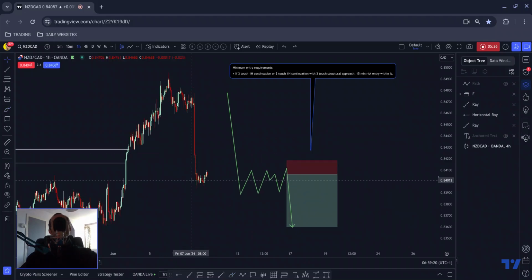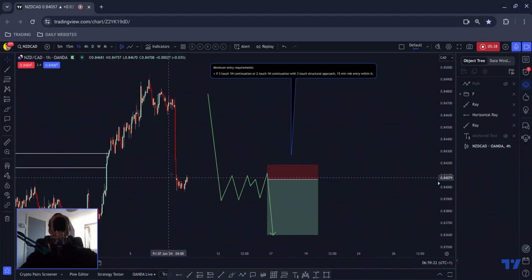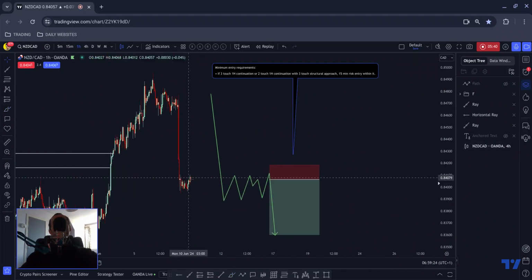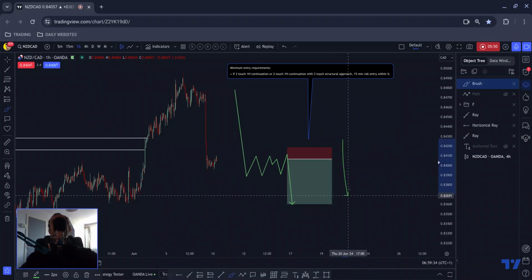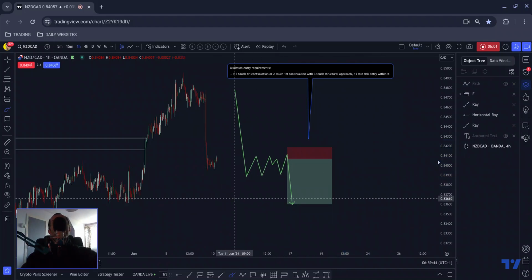So what I'll be waiting for in this instance, partly because of the size of the impulse and just the proportions of this as well, I'll be waiting for a 3-touch 1 hour continuation or a 2-touch 1 hour continuation with the 3-touch structural approach, which would be something like that. Okay, the 3-touch structural approach, and then that would be very deliberate. Either one of these would be very deliberate and would